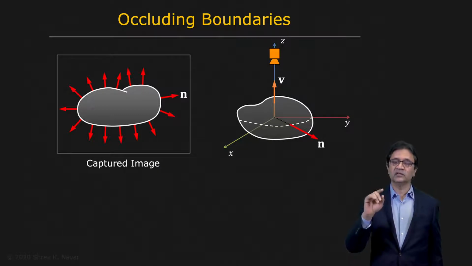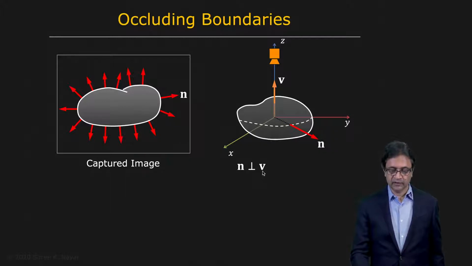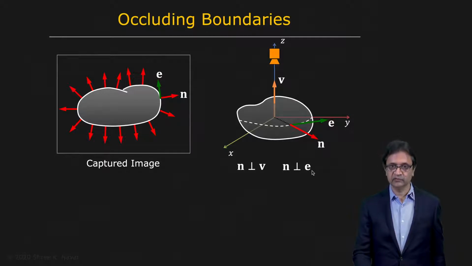And we are also assuming that the viewing direction is the same for all points in the scene. So we know that N is perpendicular to V. Now let's say that you take this image that we're talking about here and we apply an edge detector to this image. And we find all the edges on the occluding boundary. So let's say you take this one edge right here, E. We know that corresponds to an edge in 3D as such. And we know that this edge is perpendicular to the normal as well. So N is perpendicular to E.